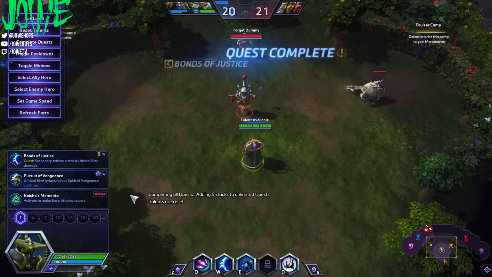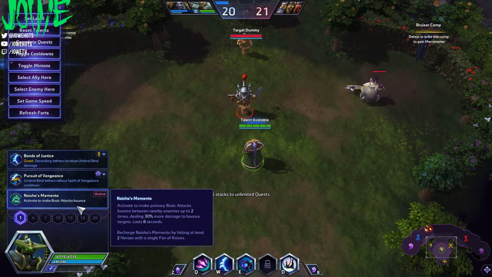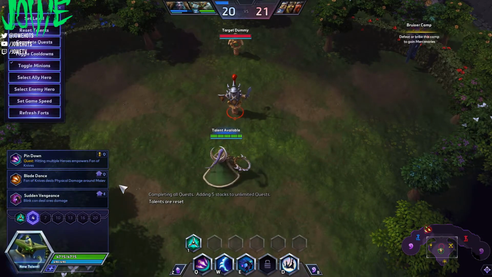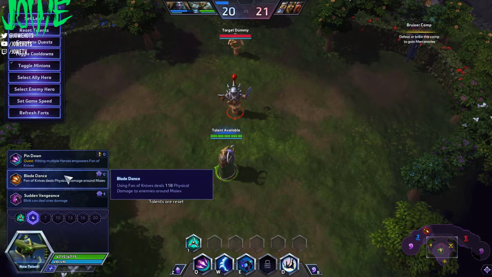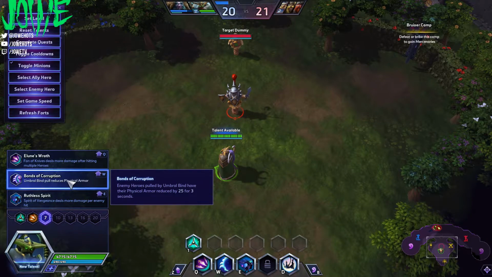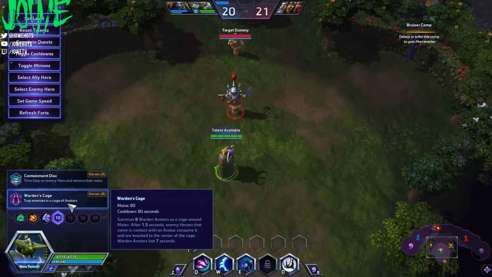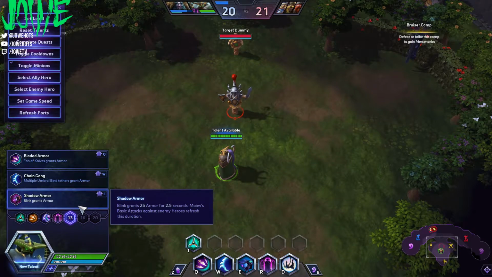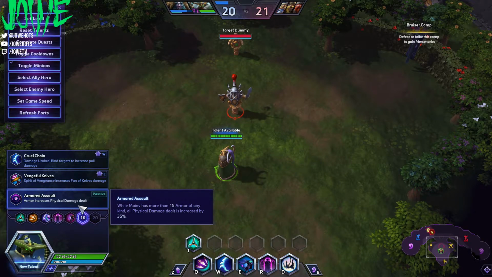It doesn't mean that in the W build you don't do auto attacks. Level 1 active auto attack talent, Blade Dance again, but you could pick Sudden Vengeance. Bonds of Corruption for physical armor reduction. Warden's Cage, so you can keep them close to you and splash on them. Then you want to get Shadow Armor. It refreshes with auto attack, so